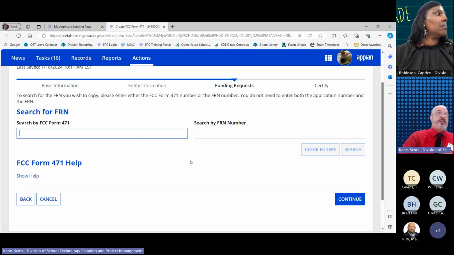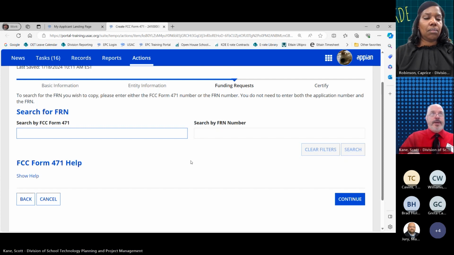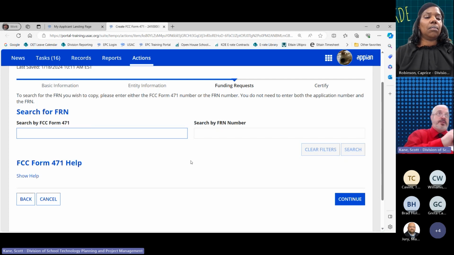We have used this extensively when we develop the state application, and it works. The one thing I will advise is that once you do the copy function, you make sure that you go into that FRN and look at the details. Review them carefully to make sure that what copied over is in fact correct, okay? It's going to copy over the cost. It's going to copy over the line speeds. It's going to copy over the FRN line item details, as well as the information that you would normally enter about the funding request itself.